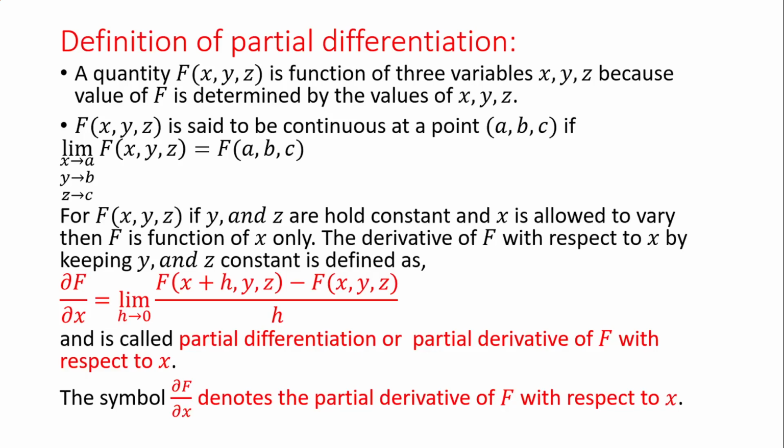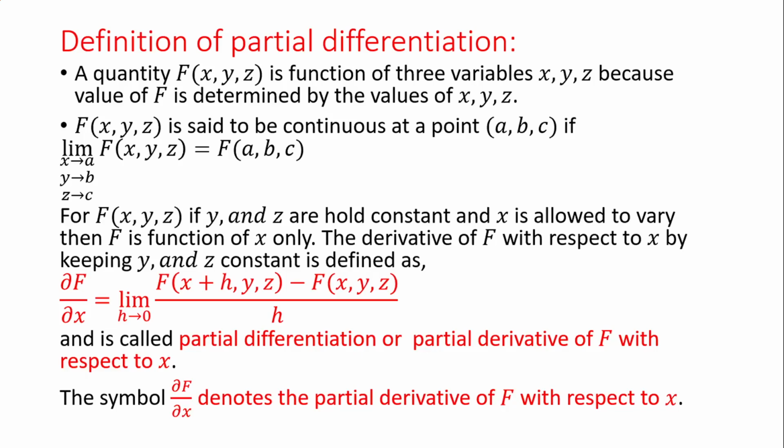Now look at the situation that out of three variables x, y and z, only one is varying and the remaining two are constant. For example, for a function f(x, y, z), the variables y and z are held constant, while variable x is allowed to vary. In that situation, f is a function of x only,